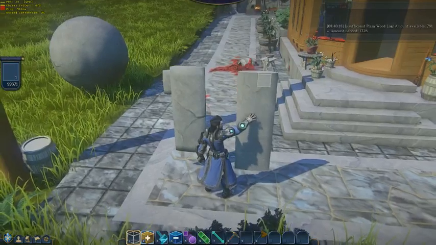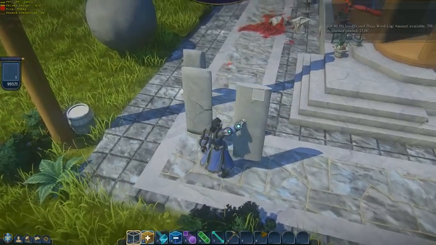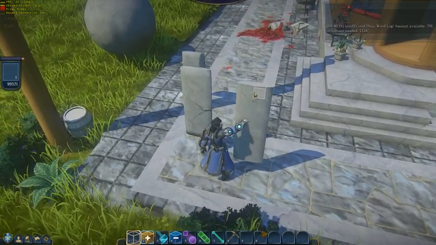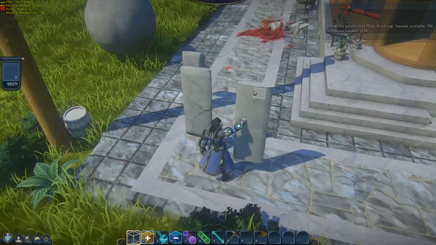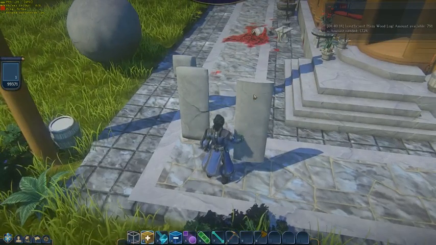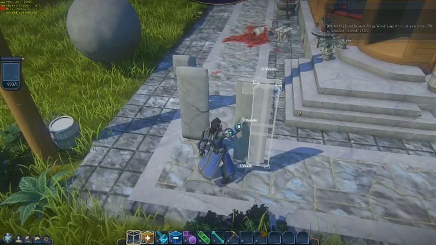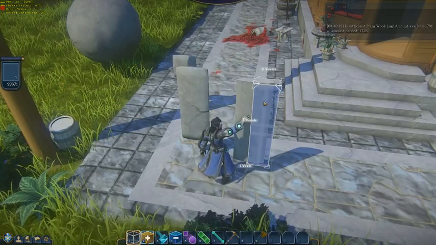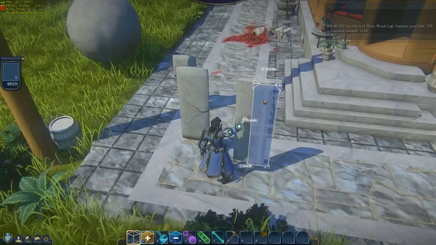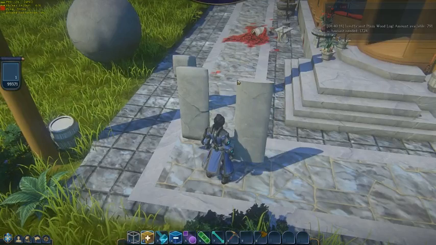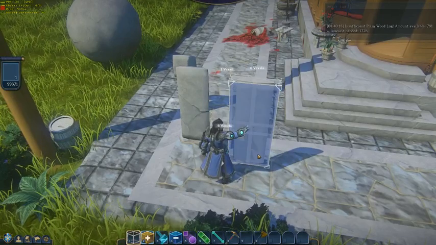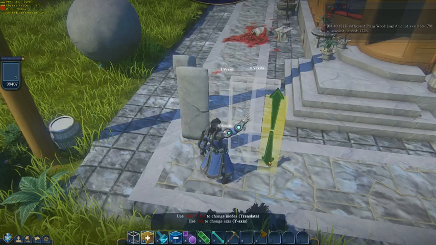Actually, before we do that, whenever you're building anything like this, it's always nice to make it symmetrical, to make sure there's no imperfections. So you always want to, if there's anything that is symmetrical, you want to cut it in half, and then you want to simply